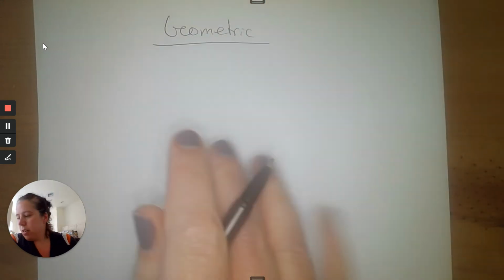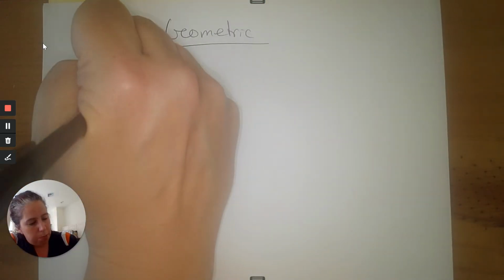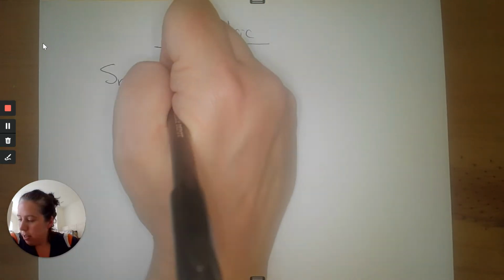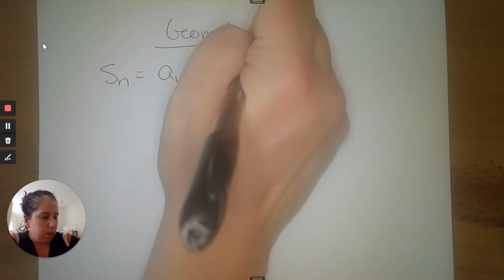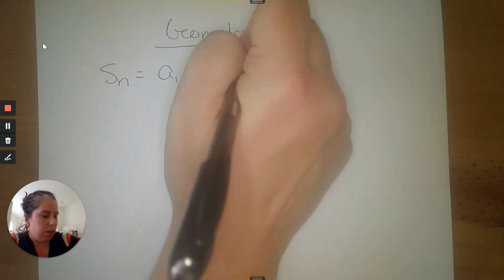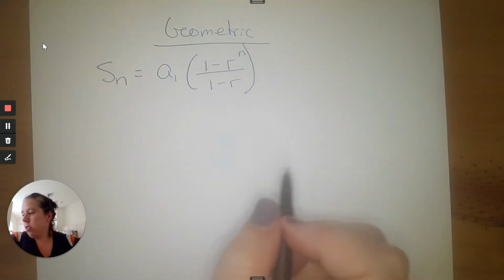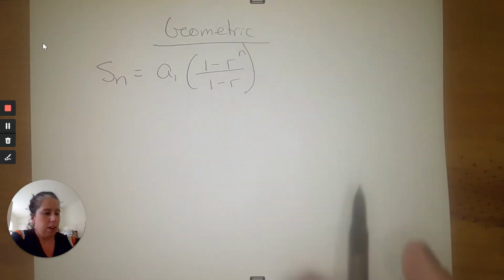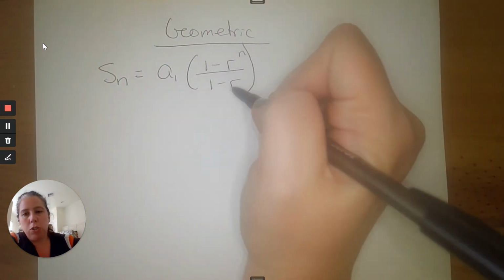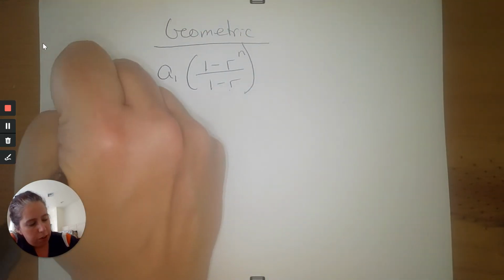All right, so now, geometric formula is S of n equals A1 times 1 minus r to the n over 1 minus r. All right, this is geometric, so make sure you know the difference between them. Okay, so we're going to do 25,